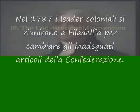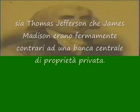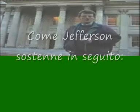In 1787, colonial leaders assembled in Philadelphia to replace the ailing Articles of Confederation. As we saw earlier, both Thomas Jefferson and James Madison were unalterably opposed to a privately owned central bank. They had seen the problems caused by the Bank of England. They wanted nothing of it. As Jefferson later put it,